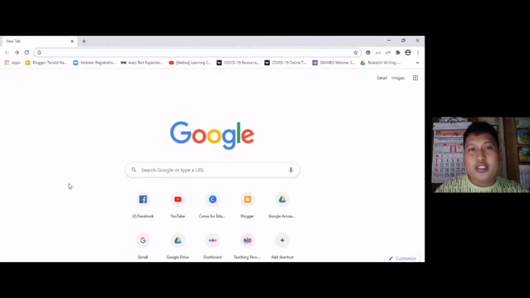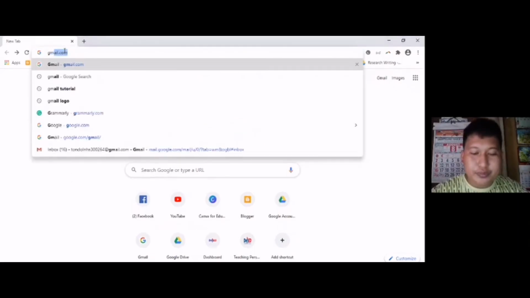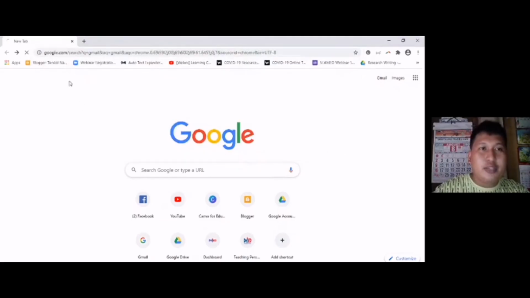Now, on the screen is the Google Chrome browser. To access Gmail, I am going to use the browser. Now, I need to type Gmail. Let's see the search results about Gmail.